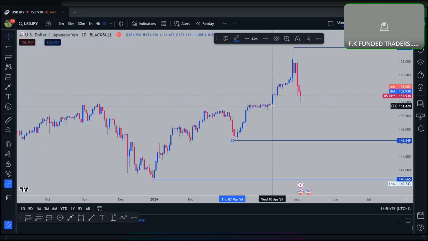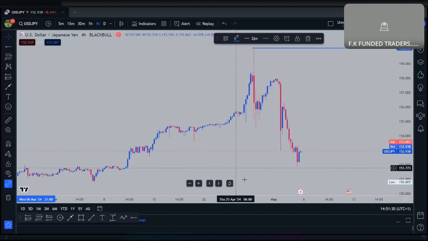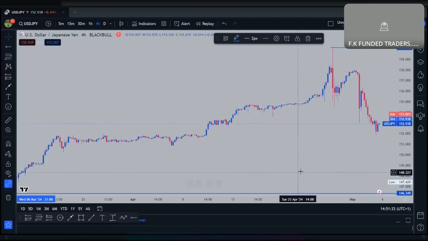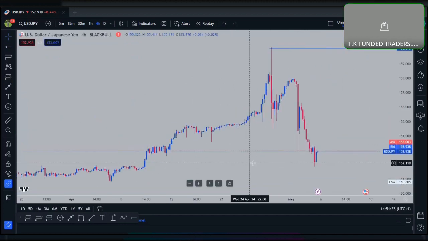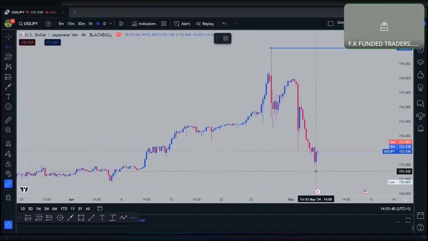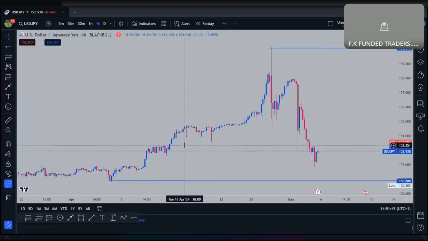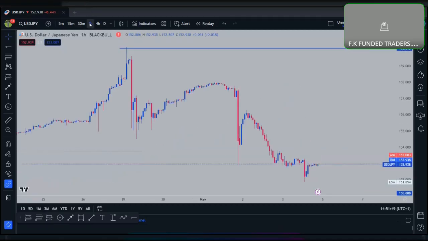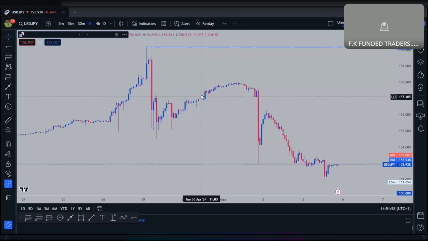Are we together? So what we could do here, we just have to go to the 4 hour time frame. When you come to the 4 hour time frame, refresh the screen clearly. After refreshing, you must be seeing the lowest clearly. Okay. So what you could do is mark where the market is right now. Someone here told me that I should mark this area, and I could give him credit. But if you go to the 1 hour time frame, you find that the other lines you draw down there are still somewhere. But it's a good sign that the market is still moving downwards to give us some good sells.